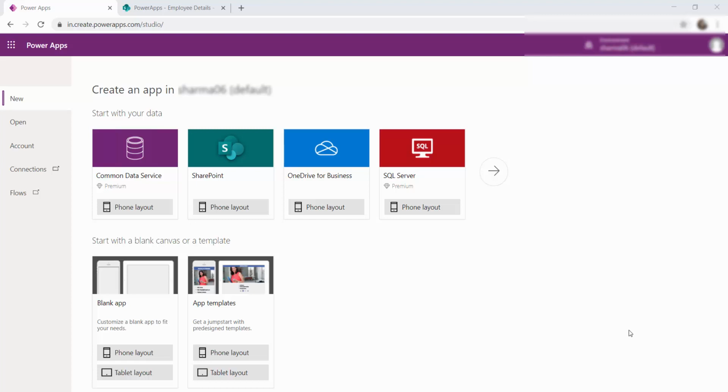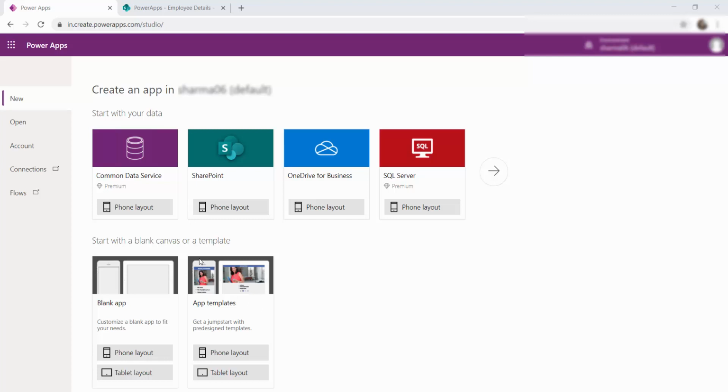In this video and in future videos, we will be exploring more into Power Apps. On getting started with Power Apps with respect to SharePoint, we get more confused on how we can start with Power Apps. Whether we have to start with our list or library and from there customize the list forms, or go to the app directly, use start with your data and then move on along with the data and customize the forms, or start with a blank canvas app.